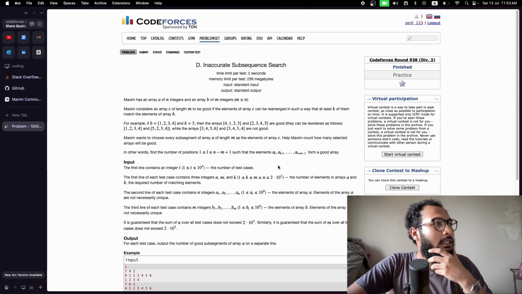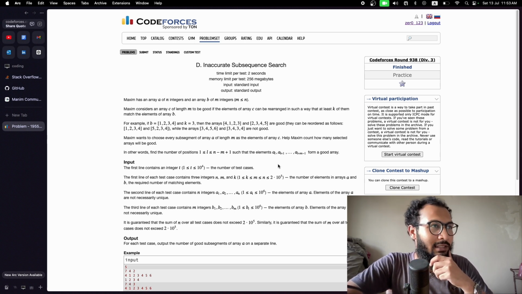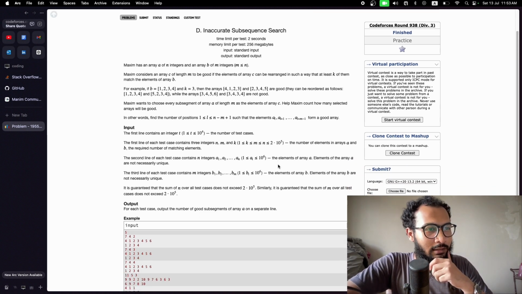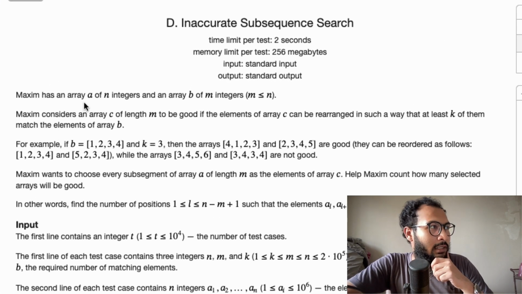So this is the problem. This is from division 3 problem D. It's rated 1400 and it says Maxim has an array A of n integers and an array B of m integers. You know, this Maxim reminds me of